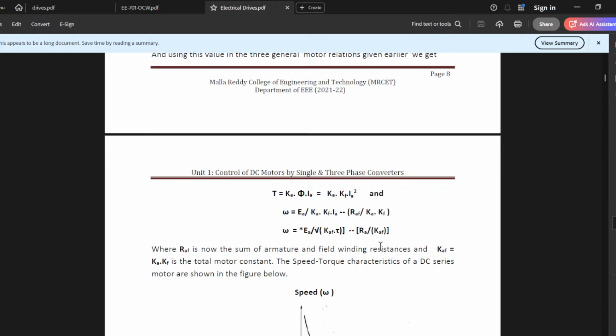KA into KF becomes KAF. It should be RAF upon KAF. So now speed becomes KAF IA. So KAF I square. So we have to multiply here I square. So it will be KAF IA square. So it will become torque. So torque